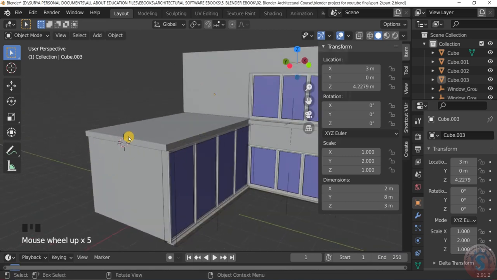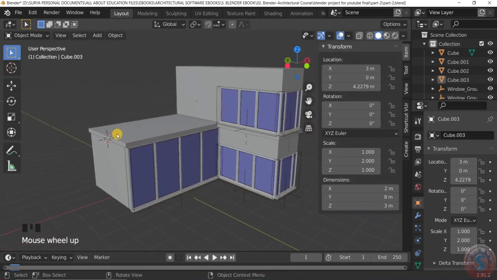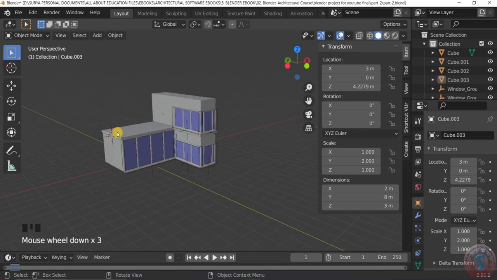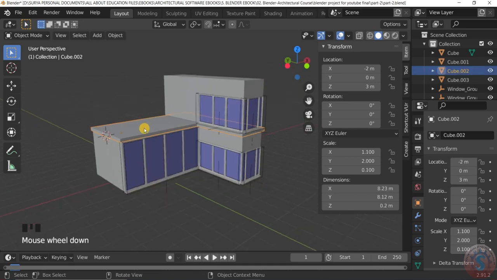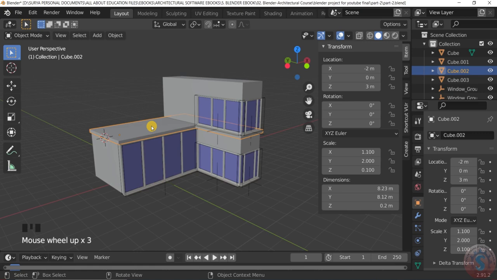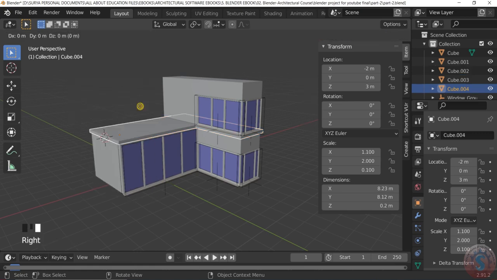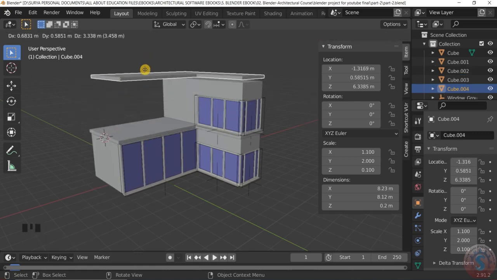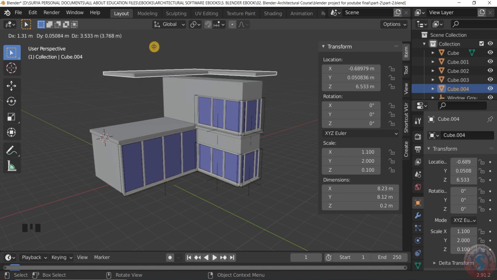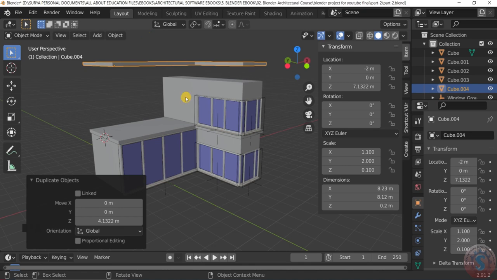Next, same, the cursor is already here, you can see it is created, and go into the slab and again give the duplicate object. It is moving anywhere you want by pressing on the G and the Z key. Place this like this.